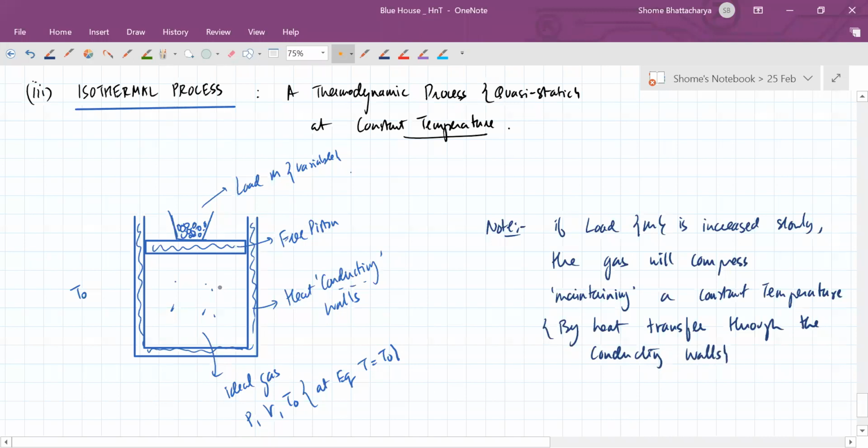So it will tend to heat up as it compresses, but heat will flow out through the conducting walls, maintaining its temperature constant. Similarly,